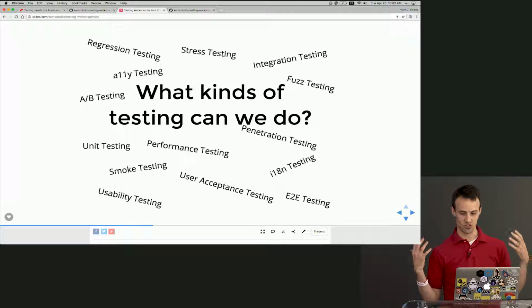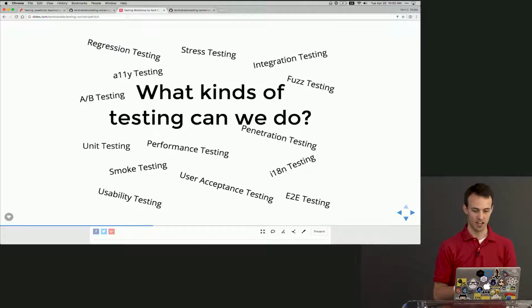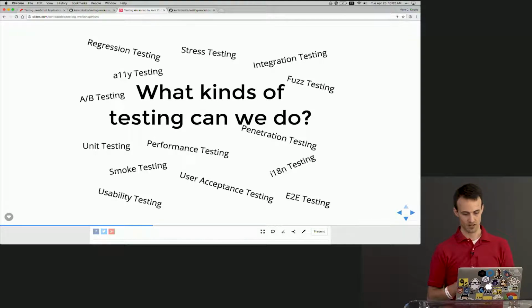And we don't have time to cover all of these things, but they're all very important. And not doing them comes with a whole bunch of trade-offs. Doing them comes with trade-offs. But the more of these forms of testing that you implement, the more confident you can feel that you could ship what you've created.